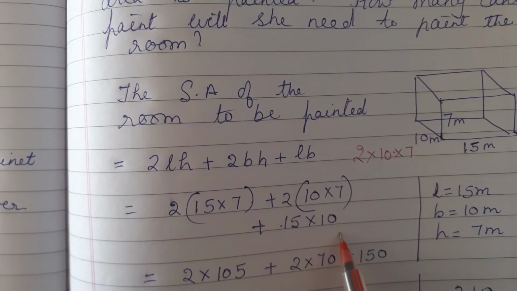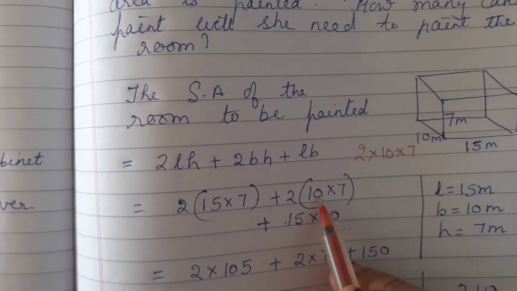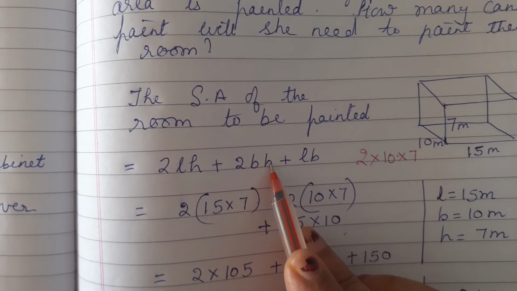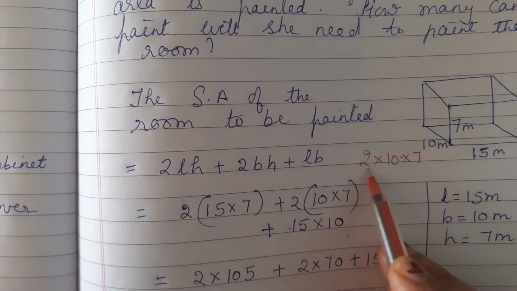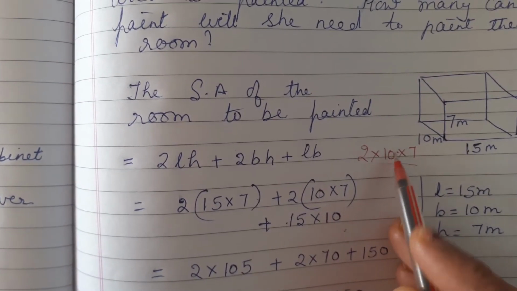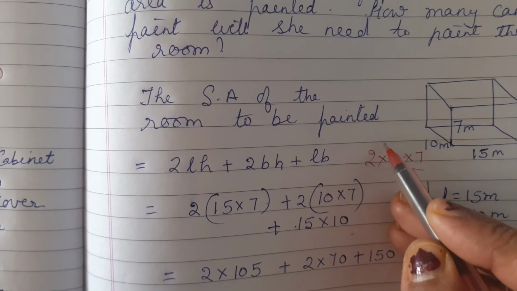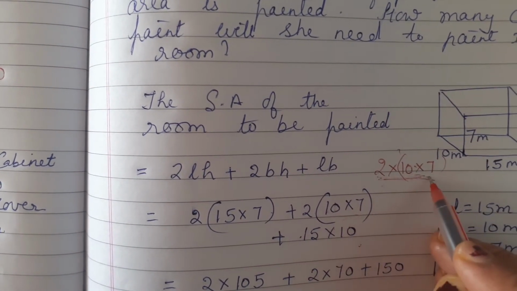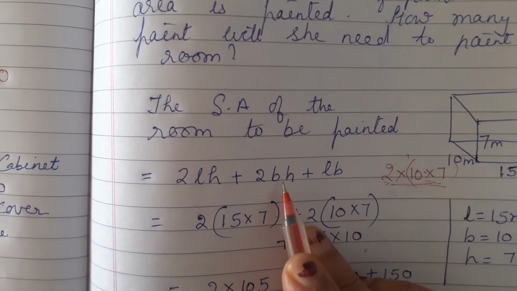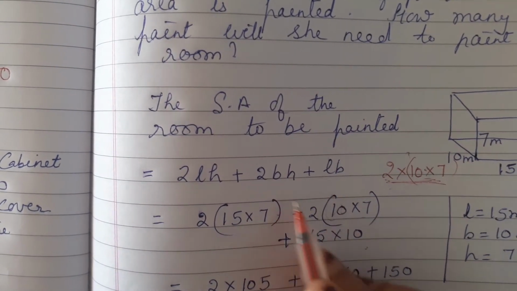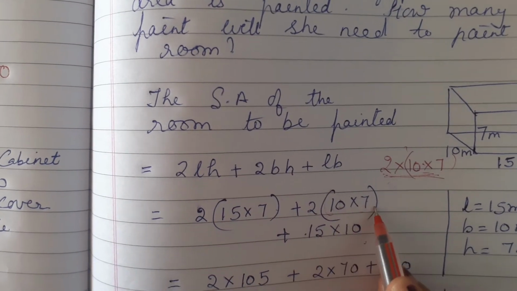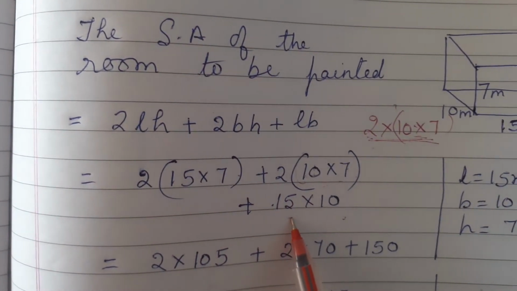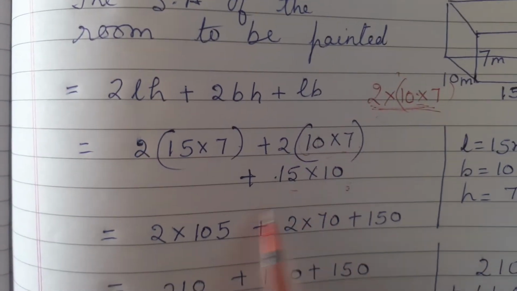Then add 15 into 10, because these are the values which are substituted in the place of length and breadth. You can do this, but then we won't understand what you are trying to represent. And on the mathematical basis, nothing is wrong in doing it. But if you want to write perfectly, then you are representing breadth and height in the brackets. That's all. Now here in the last place you have 15 into 10.